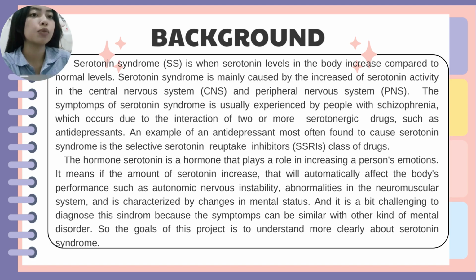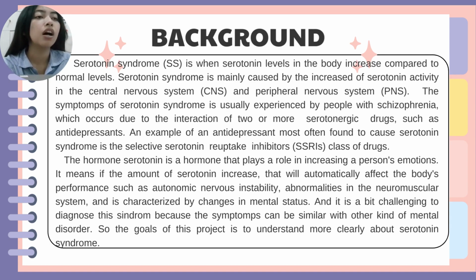Serotonin syndrome is when serotonin levels in the body increase compared to normal levels. Serotonin syndrome is mainly caused by the increase of serotonin activity in the central nervous system and peripheral nervous system. The symptoms of serotonin syndrome are usually experienced by people with schizophrenia, which occurs due to the interaction of two or more serotonergic drugs, such as antidepressants. An example of an antidepressant most often found to cause serotonin syndrome is the selective serotonin reuptake inhibitors, or SSRI